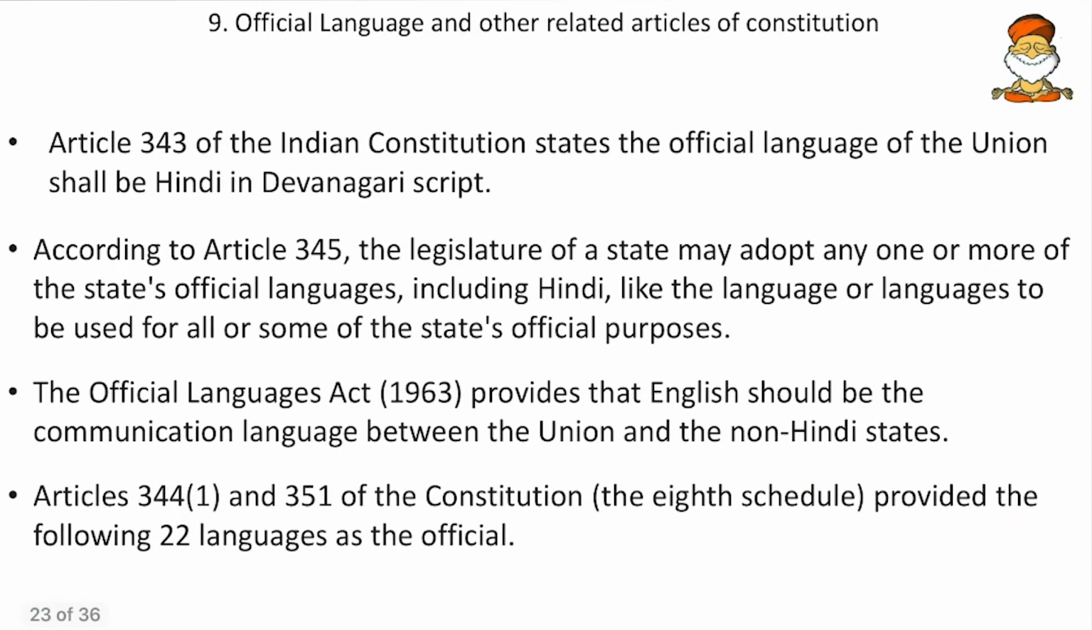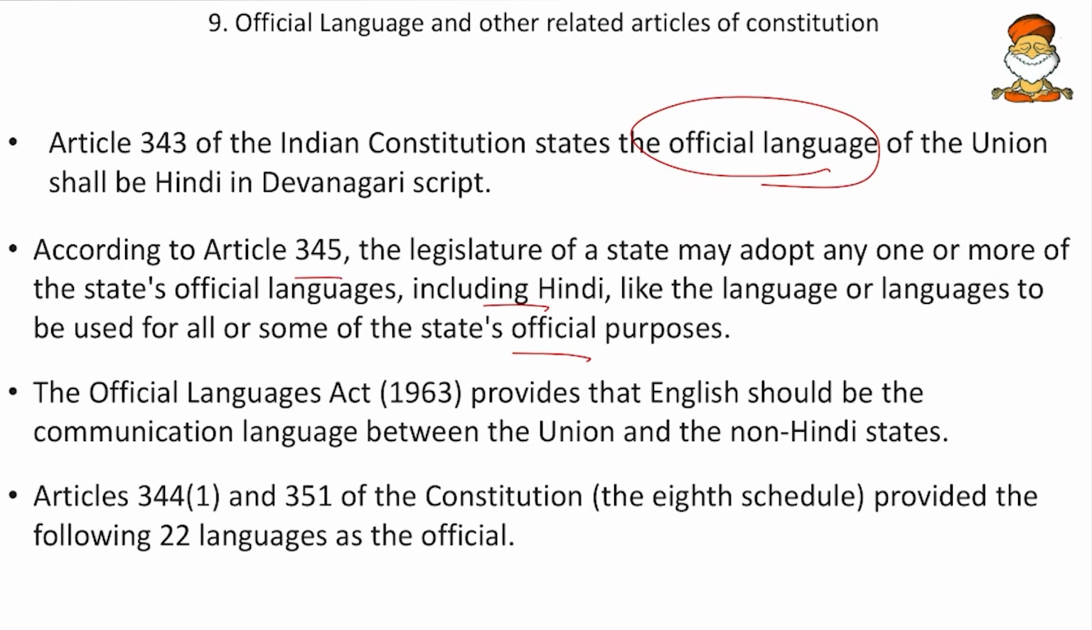with the reservation. Then come to next, official language and other related articles. So here we have Article 343 of the Indian Constitution that states that official language of the Union shall be in Hindi, that too in the Devanagari script. So here mind the official language, not the national language. Then according to Article 345, the legislature of a state may adopt any one or more of the state's official languages, including Hindi, like the languages or languages to be used for all or some of the state's official purposes. So here the states have the freedom to set up their own official languages, and Hindi can also be one